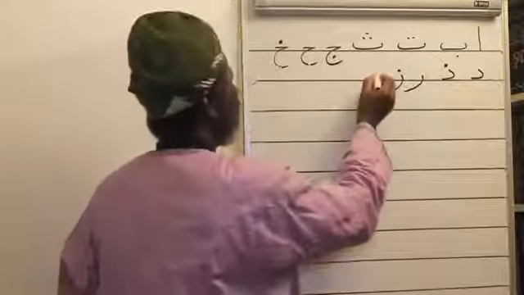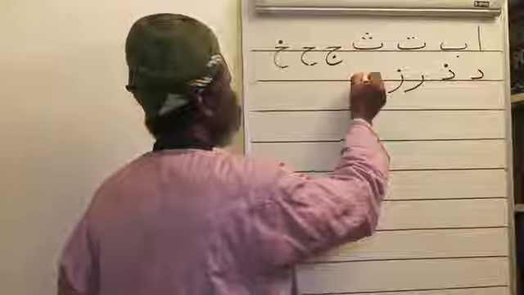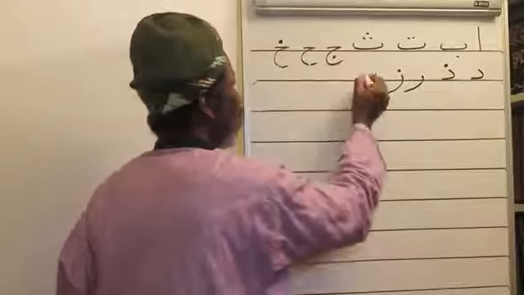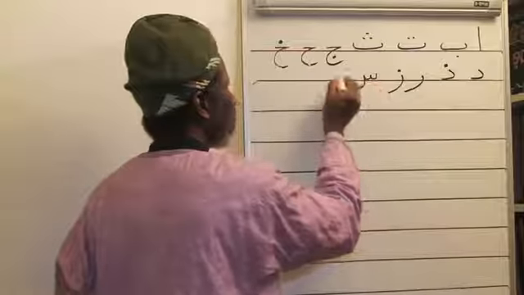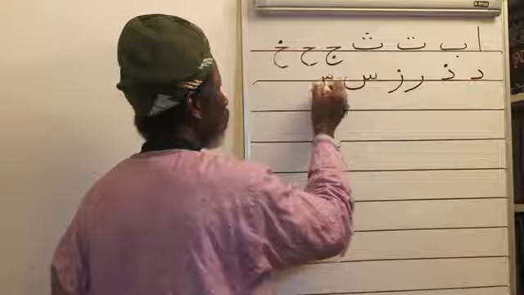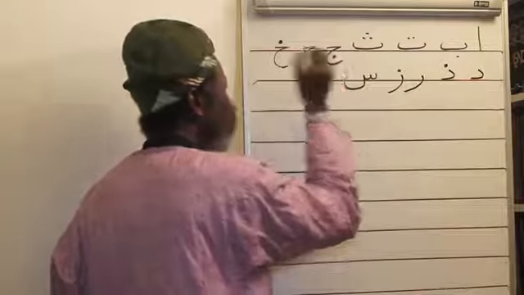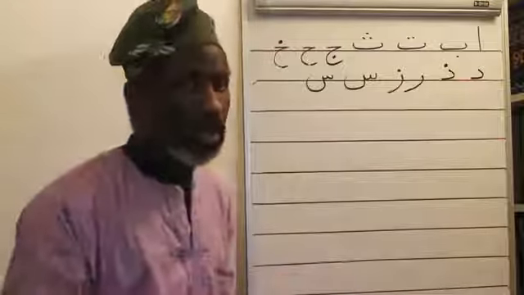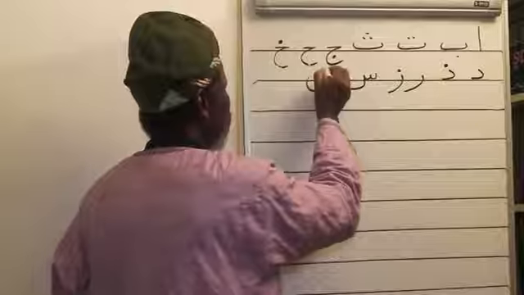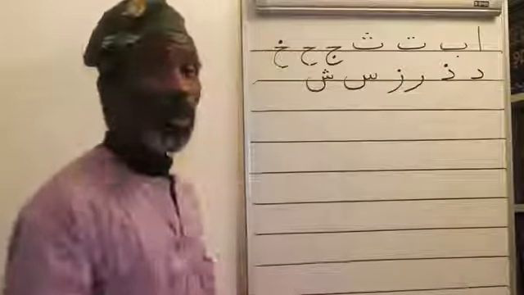What's this family? This family is like a number 3 looking up, with a tail. So looking up with a tail. The first one, no dots. The second one, three dots. So you have